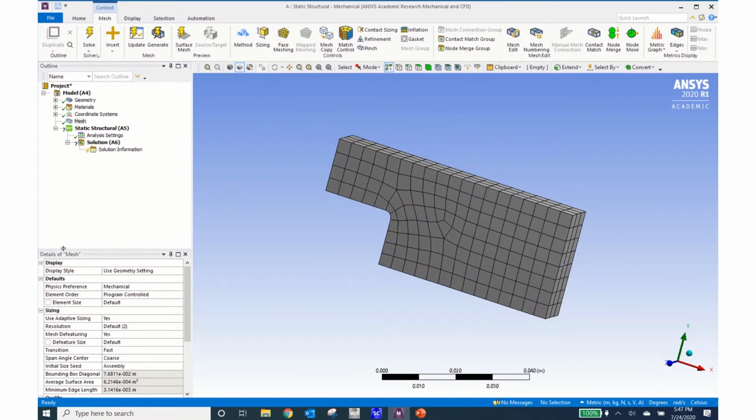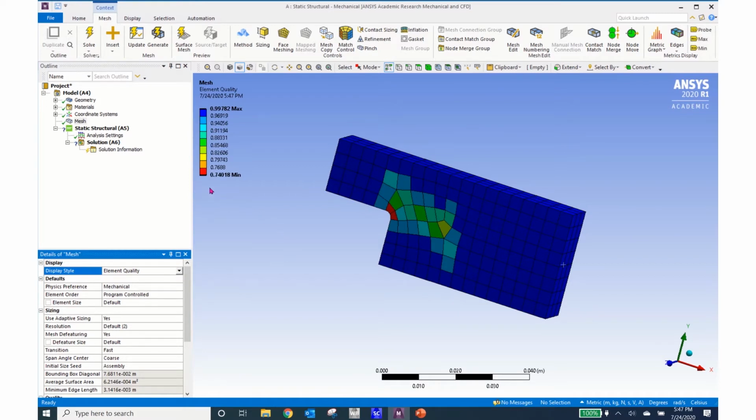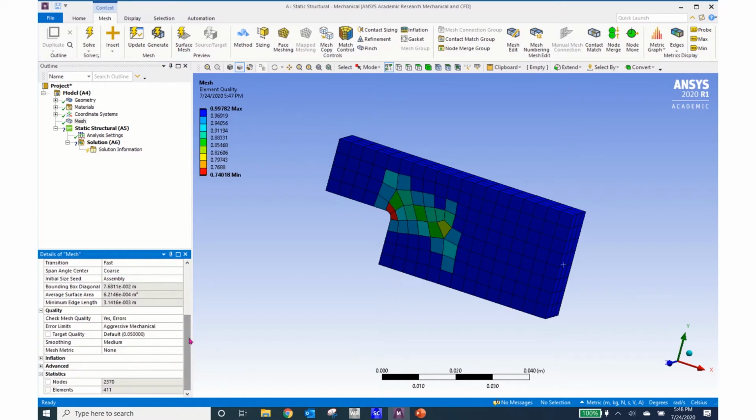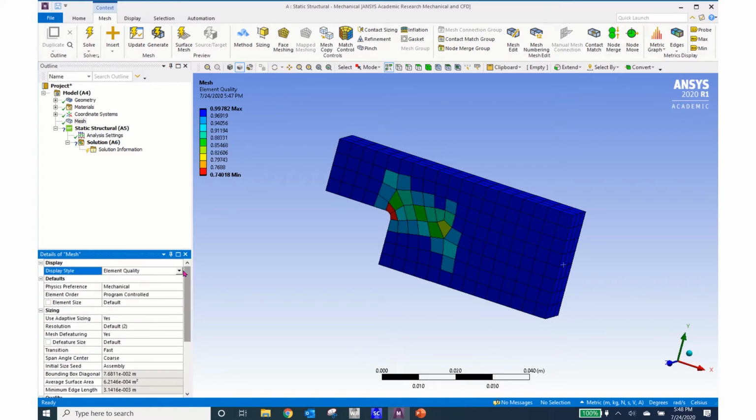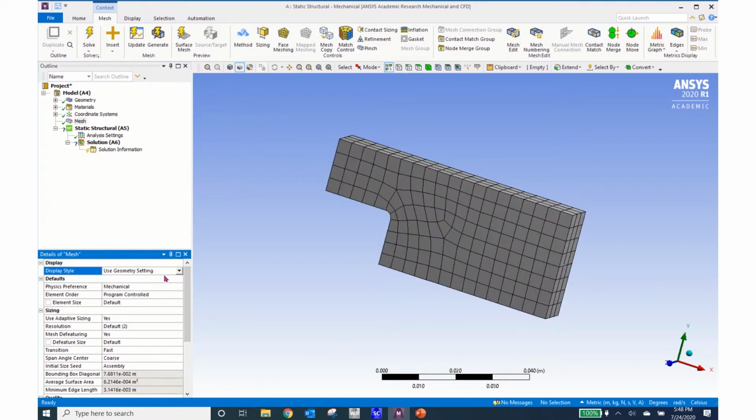I can come over here to the details of the mesh and click on this use geometry setting and look at the element quality. I can see that my element quality down here near the radius is 0.74, but throughout the majority of my body I'm up around 0.99. I can scroll to the bottom of this and look at the statistics, and I can see that I have 2,370 nodes and 411 elements. So I'm going to go ahead and use this as my mesh to begin my analysis